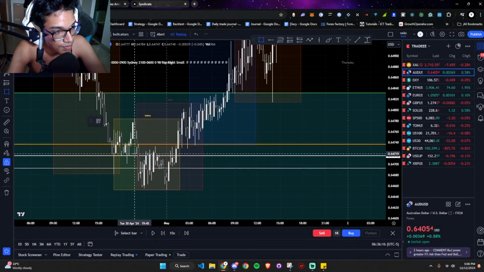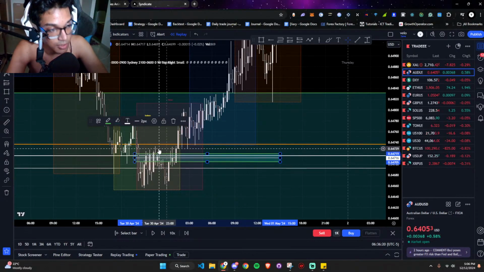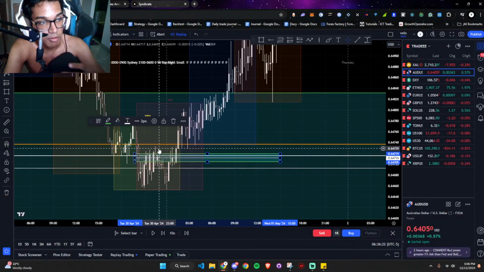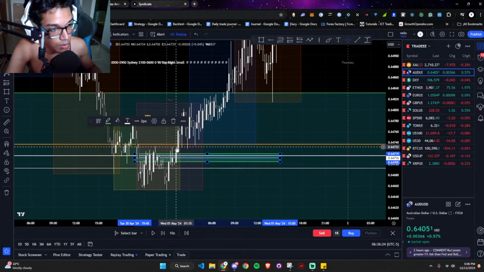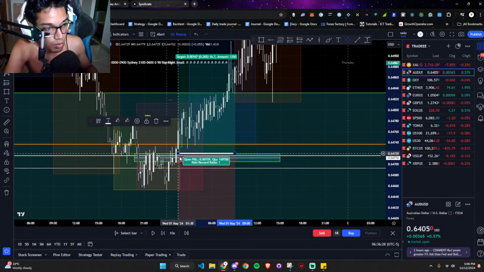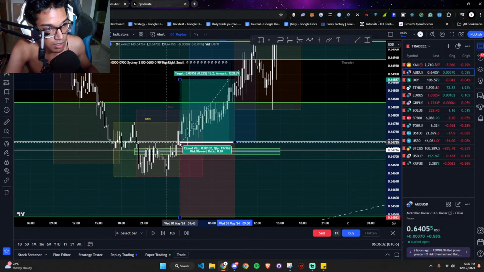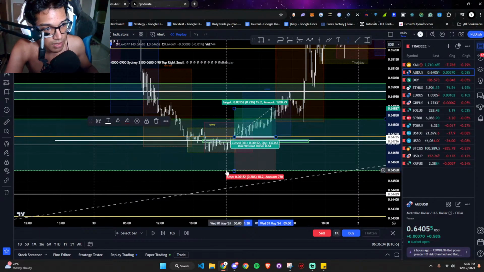You see over here, we have an inverse fair value gap. So you see how it was rejecting this price level, which means it's not closing above, which means it's not really holding this level. But then when it ultimately closes above, then we have that reasoning as to why. Okay, now, even if you enter from the top of this, once it closes above somewhere here, you target, let's